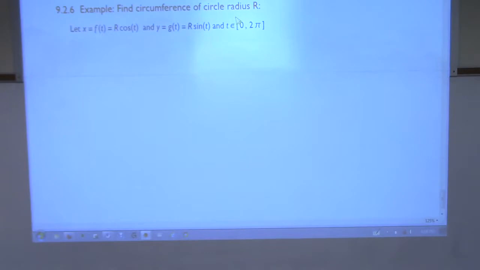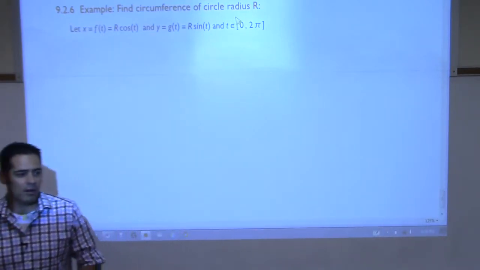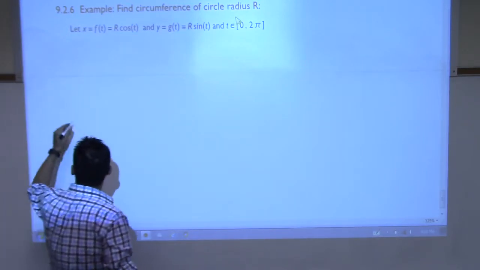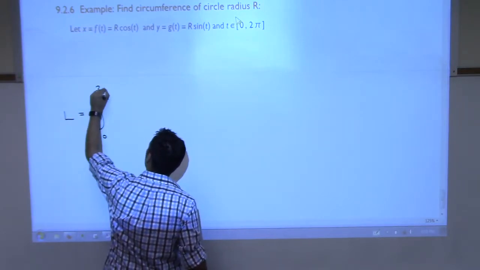What's the circumference of a circle? 2 pi r. Let's verify that. So I'm going to take that same function, x equals r cosine t, y equals r sine t. This time I'm going from 0 to 2 pi, going all the way around. So I'm going to say that the length of this should be the integral from 0 to 2 pi,